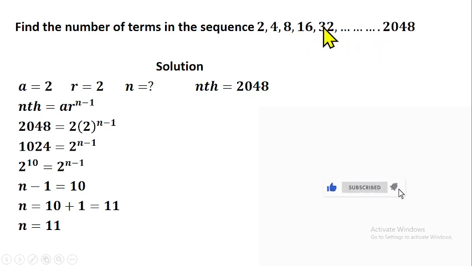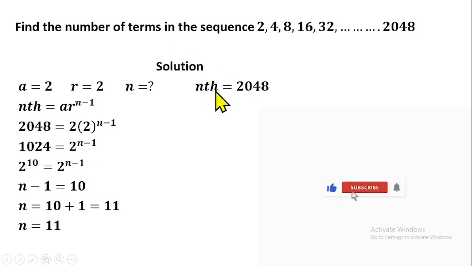So we are looking for the value of our n in this case, just like in the question we solved under arithmetic progression. We know the last term, which is 2048. Then we know the first term. We can find a constant ratio, then use that to find the value of our n. Do we understand that? So the first term is 2. The constant ratio is also 2, because 4 divided by 2 gives us 2. We don't know the value of n. That we have to find.